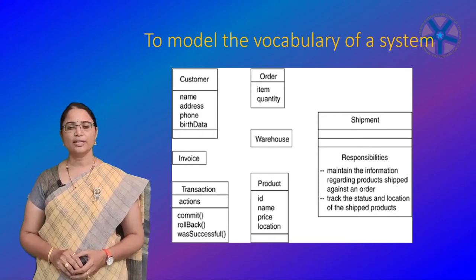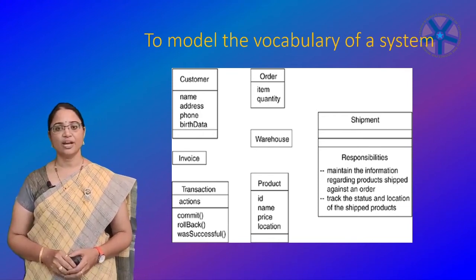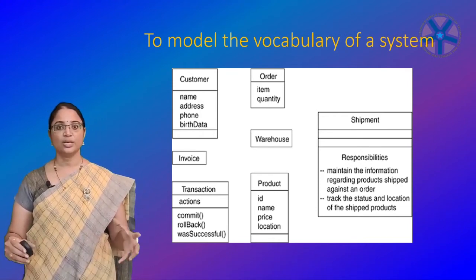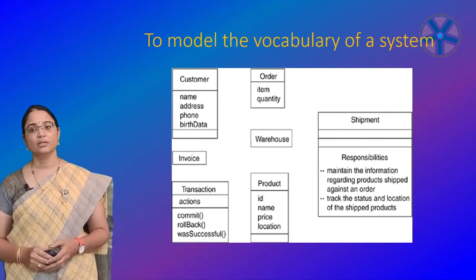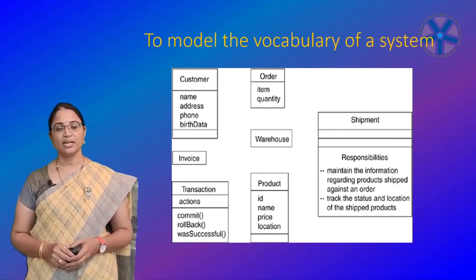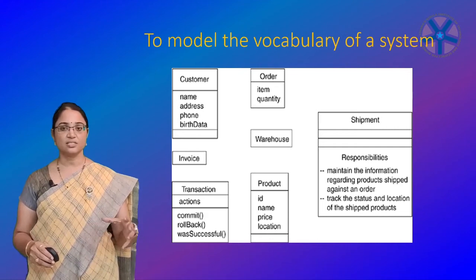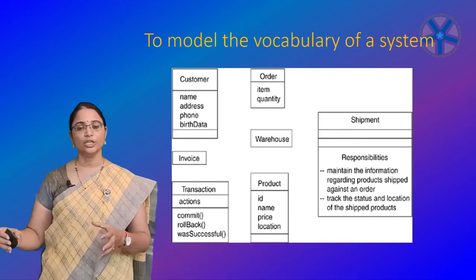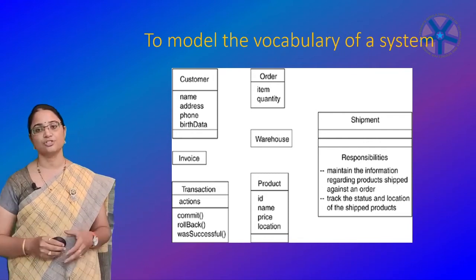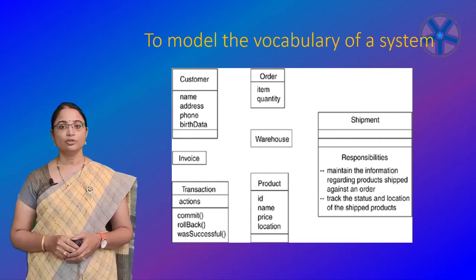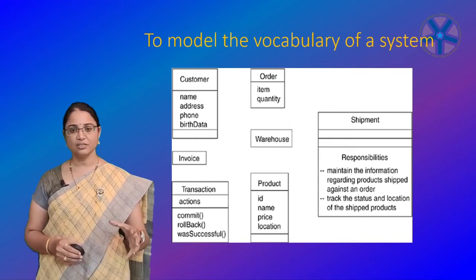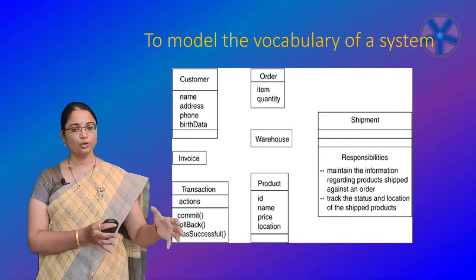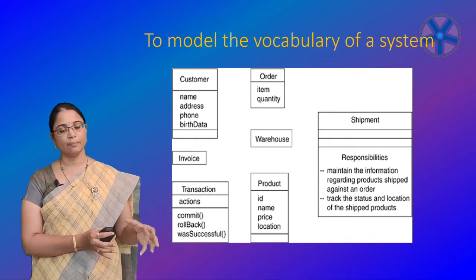Next, as your model gets larger, many of the classes you find will tend to cluster together. Clustering means grouping together classes that are conceptually and semantically related. You need to cluster the classes in such a way that they are conceptually or semantically related to each other. You need to group those classes into clusters. And in UML, you can use a package also. After clustering, you can group them and you can give a package name.